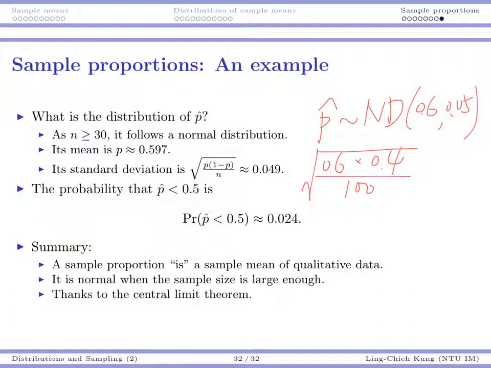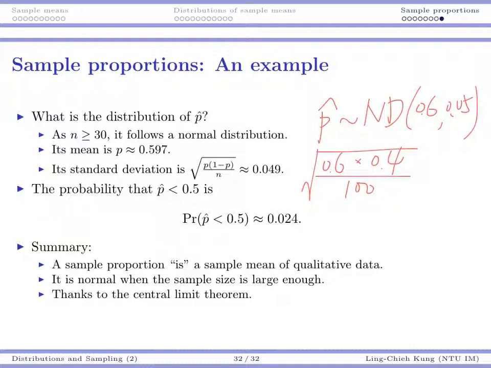Also, this method is limited because if you have more than two groups, more than two categories in this variable, then you cannot label them as 0, 1, 2, 3, 4, 5 and then do sample mean. That's going to give you meaningless outcome. That's not sample proportion. So for sample proportion, you can only label them as 0 and 1, true or false,